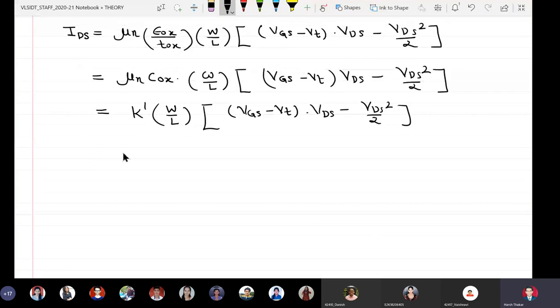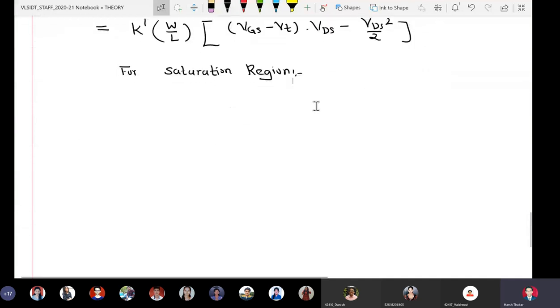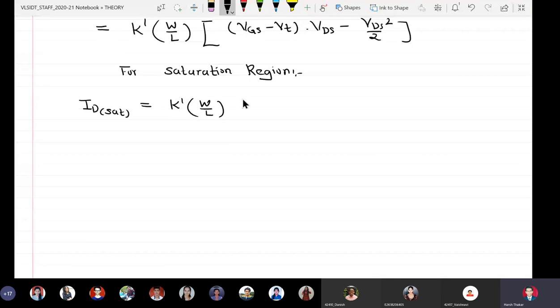So for saturation region, this equation actually boils down to ID sat is equal to K dash into W by L into VDS sat square upon 2. Okay, now this particular equation which I have drawn,